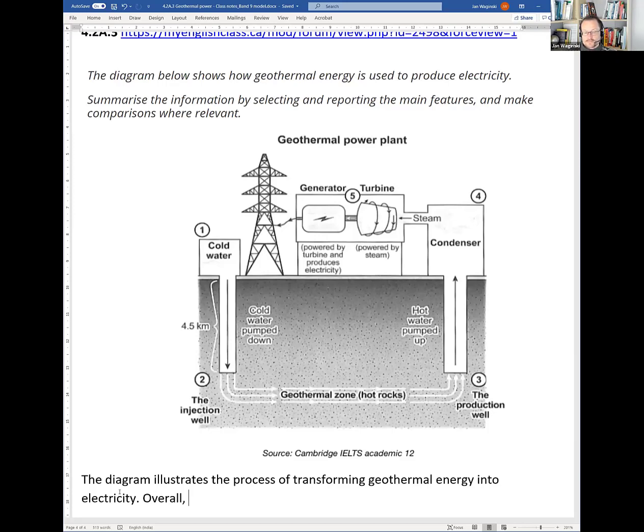Obviously not with wind power and not with solar panels, but with nuclear power, right? They just use the nuclear power in the same way that they're using the geothermal rocks here. The only purpose of the nuclear fuel is to create heat. So if you've got a coal-powered power plant or natural gas, or if you use a diesel or gasoline generator,